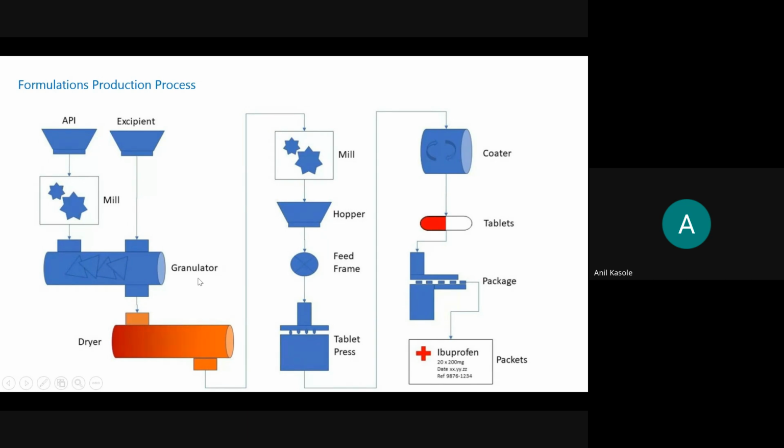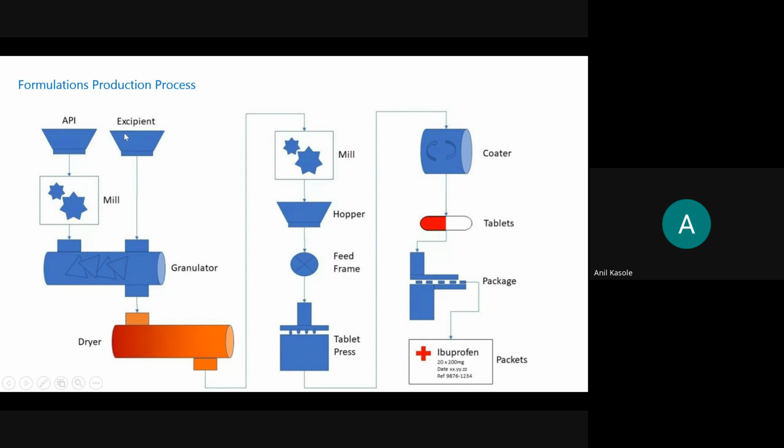So after the milling, this is the granulator where excipient as well as the milling final outcome is added. Then it goes into the dryer and then again goes into the milling. Then it will be fed to the feeder, the feed for the tablet press through the hopper, and then finally this coating will happen. Tablets will be made. This is packaging. This is just an example of ibuprofen, but